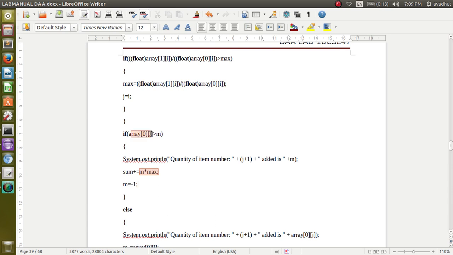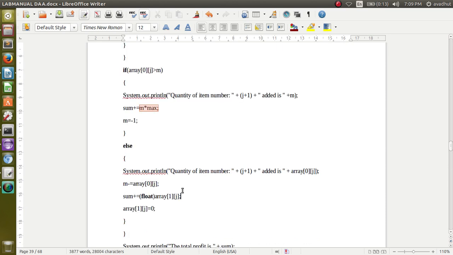If the weight of this item is greater than the knapsack weight, then we are adding only a fraction of it. Suppose the weight is not greater, then what are we going to do here? We are going to add the complete item.